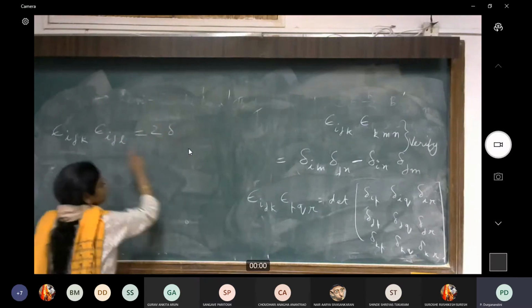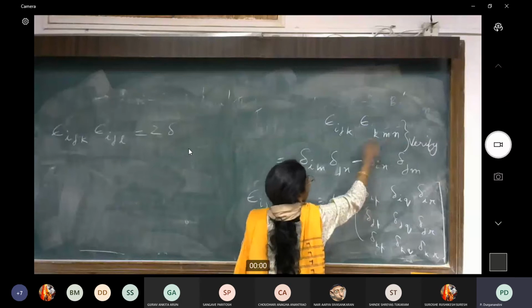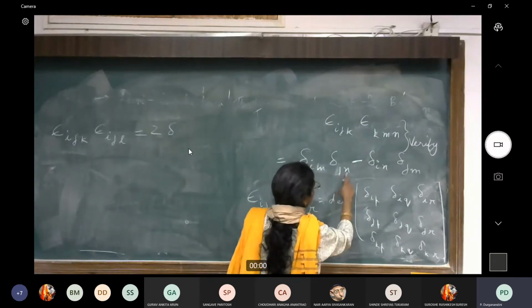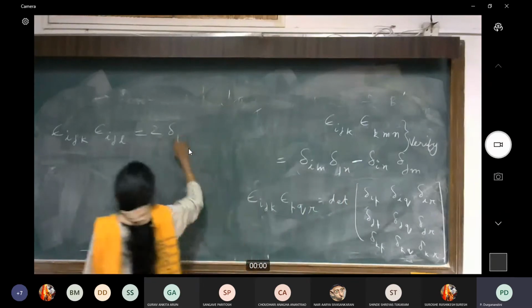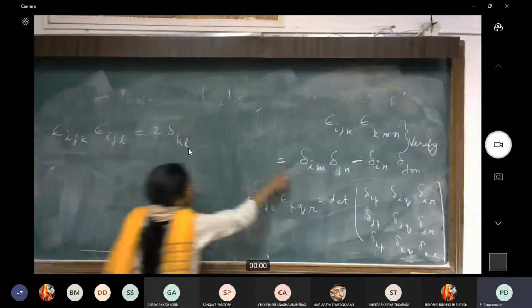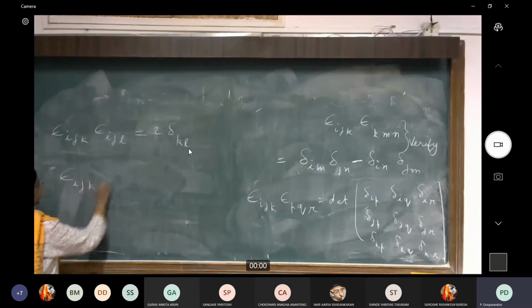Now this you can establish from here. Now put J and M are the same. Okay, so if you take that, J and M are the same, so you'll get IM and MN. Use that, and what you will find is that delta 2 times delta. So that follows from here. Once you use this identity, you can show this. Okay. Finally, what you do is contract all 3 indices.